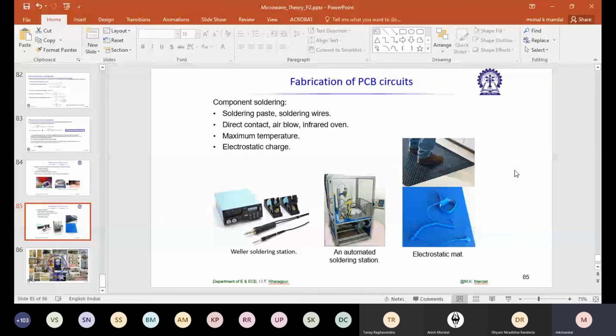It's coming from ESD. And to protect it, what are the steps we take? First of all, the soldering station or other things that we are using, we have to put on some electrostatic mat. In our lab, we have this electrostatic mat, and this is a band. We use it like our watch. Basically, if we have any charge, then it goes to ground directly.